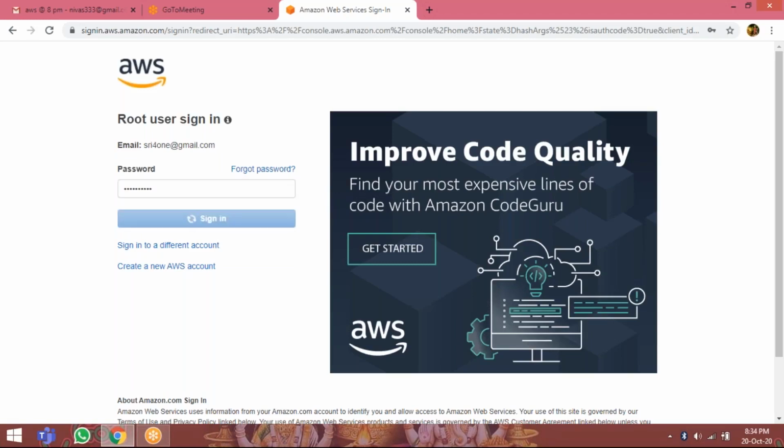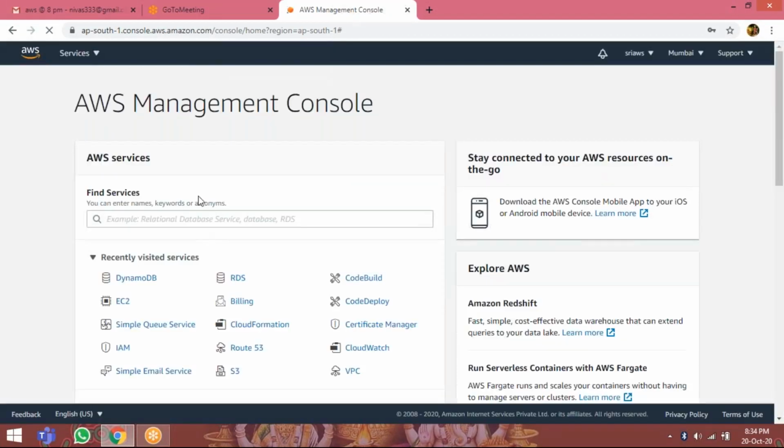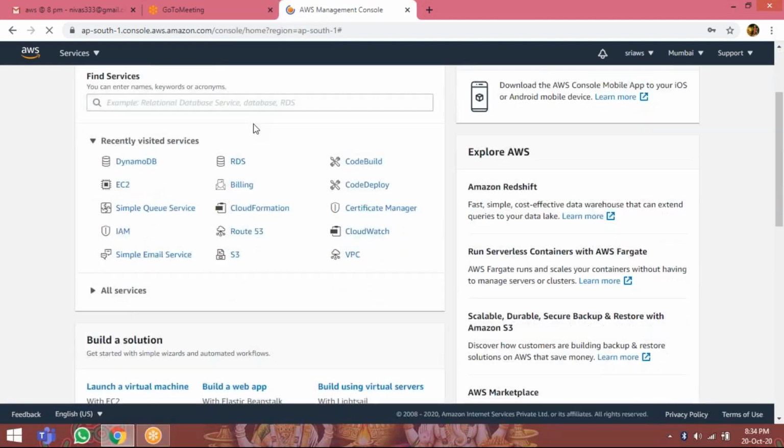Log into the server. So this is the AWS management console.